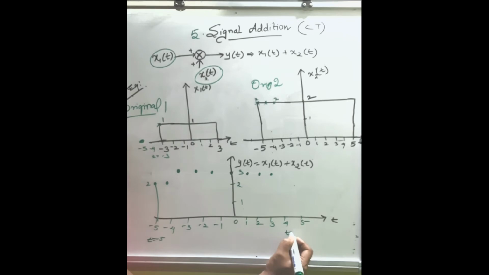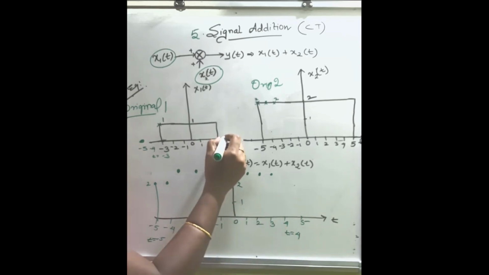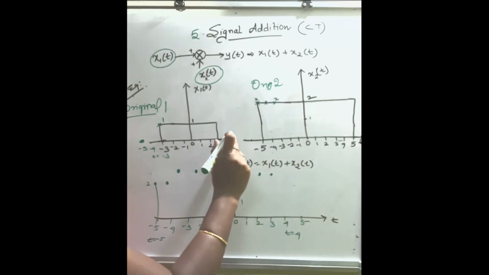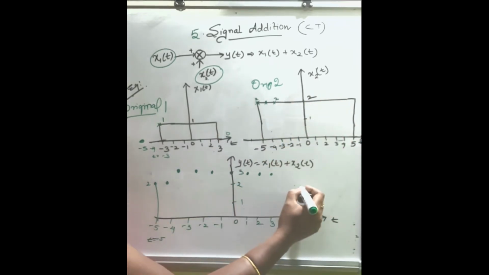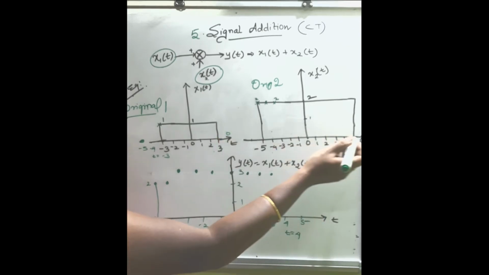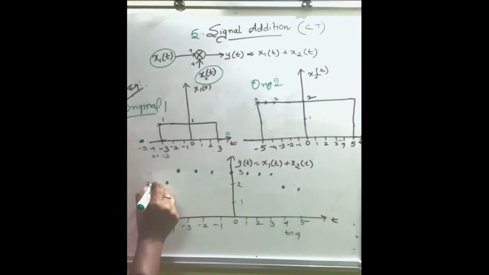Let's check out for t equal to 4. When t is equal to 4, it is 0 for the first signal, whereas it is 2 for the second. So 0 plus 2, again it will fall down to 2. For 5, it is again 0 plus 2, it is 2. So finally,